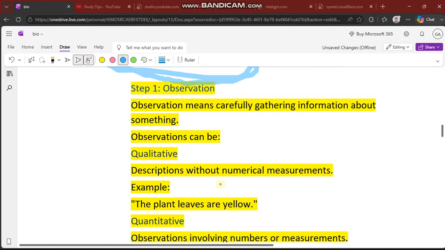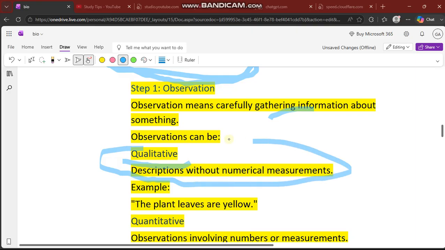So the first step observation የሚባለው ስቴፕ ደግሞ ነው እስኪ observation is what? means carefully gathering information about something. what is observation? observation የምንለው which is the first method in scientific method observation means carefully meticulously gathering information በጥንቃቄ ምን ማድረግ መሰብሰብ about something that is called observation can be what qualitative ሊሆን ይችላል qualitative መልኩ ምን አይነት ነው ጥቁር ነጭ that is called qualitative okay አይነት okay then description without numerical measurement ነው